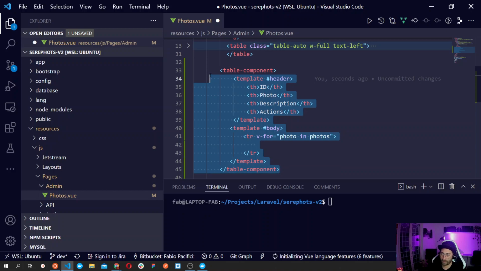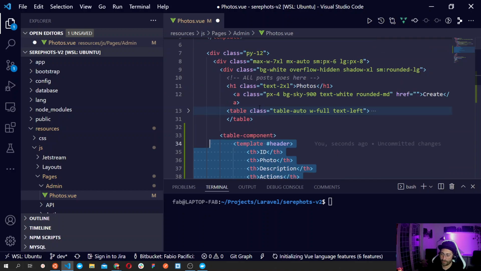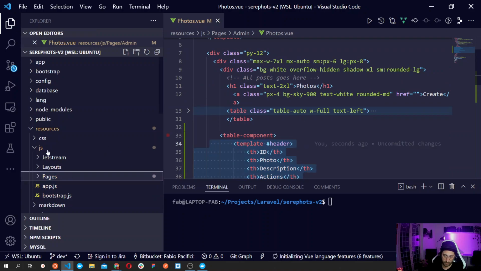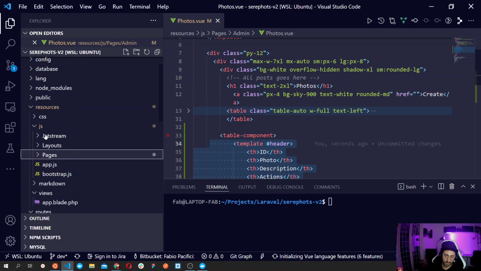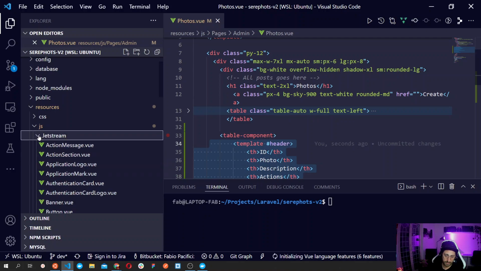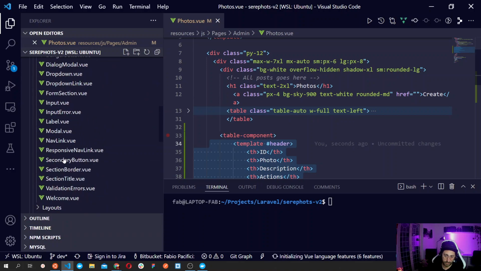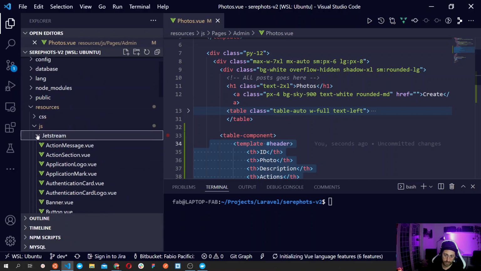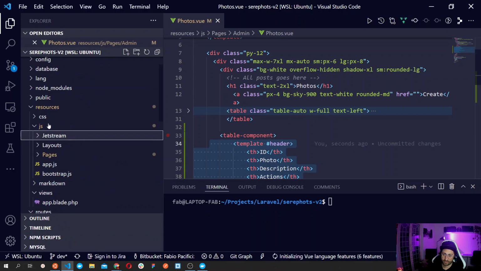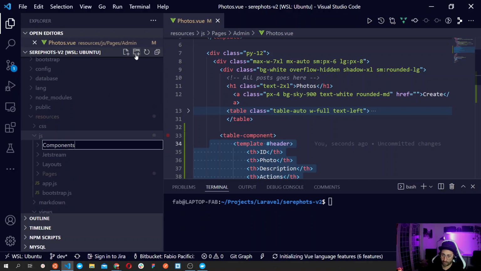Why I'm doing that? Because if I copy the entire markup from Tailwind, it's gonna be a mess for me to figure out what to do. So we do have pages, and where I should put my components anyway. Not inside here. And is there a table component already? No. Okay, no table component. I don't want to put my components inside the JetStream folder, but I want my folder. So let's see component, if you can do that, and then add a new component that we can call table